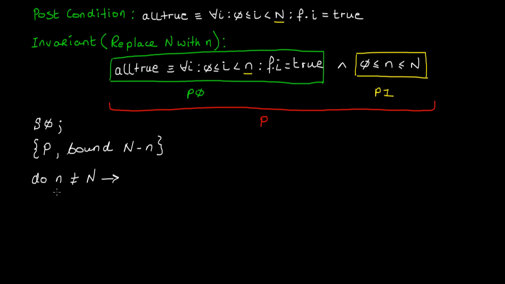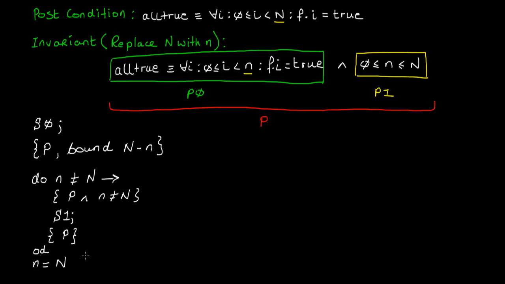So inside of our loop, we'll know that, well, inside P, our invariant definitely needs to be true, and inside the loop we know that small n is not equal to large N. We'll have the loop body, which we'll signify here with S1, again just a label. Now once S1 executes, the only thing we know to be true is our invariant P. And then the loop will finish, and after the loop finishes we'll know that small n is going to be equal to large N,